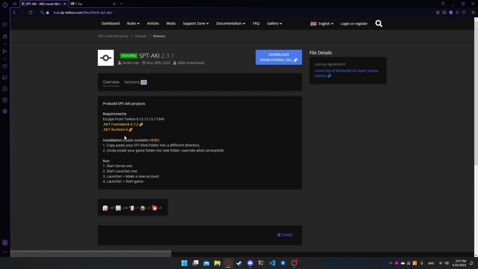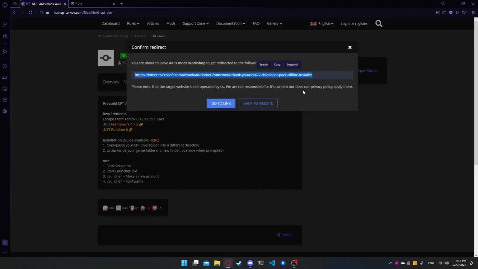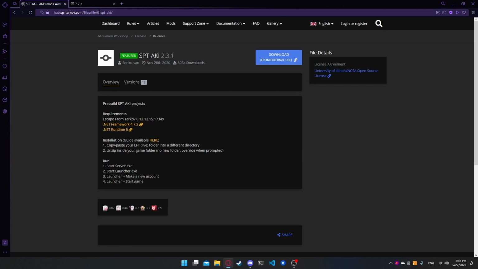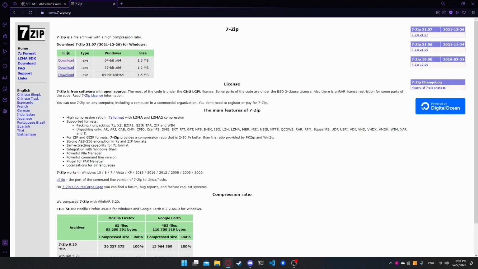And you'll also need these frameworks here. So you'll need .NET Framework and you'll need .NET Runtime. And these are also just downloads. If you click them, they'll just give you the installers for them. Download and install those. You're also going to need 7-zip or some other sort of